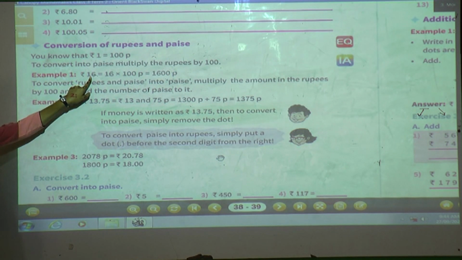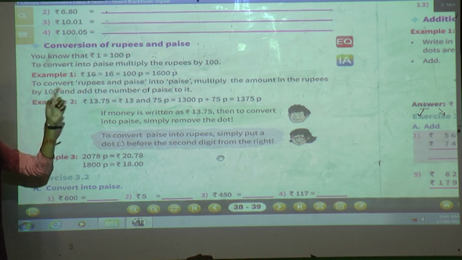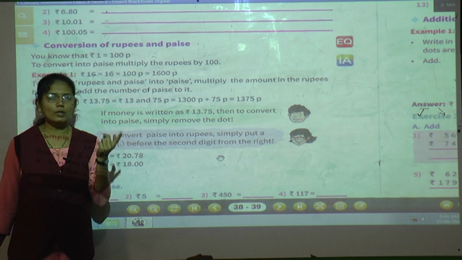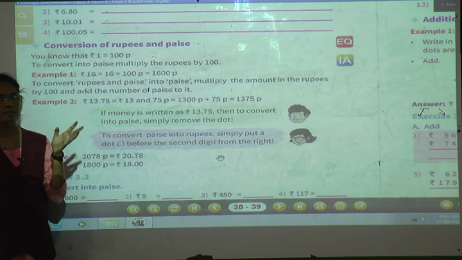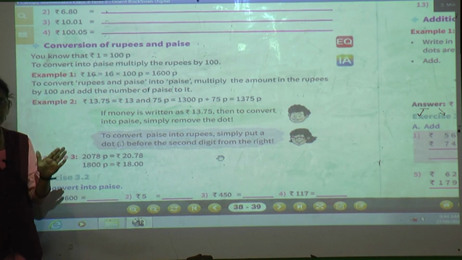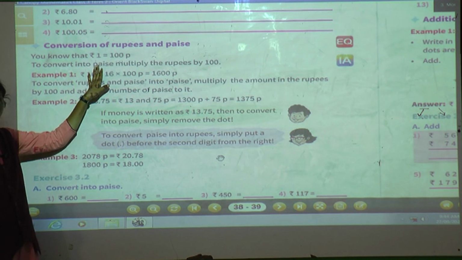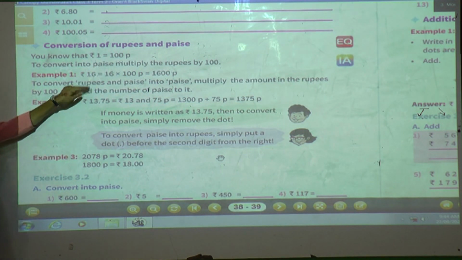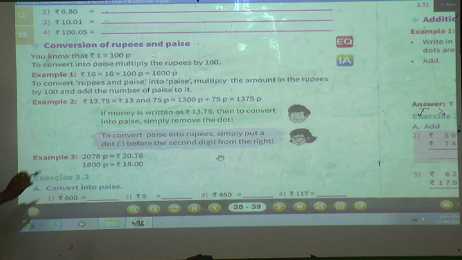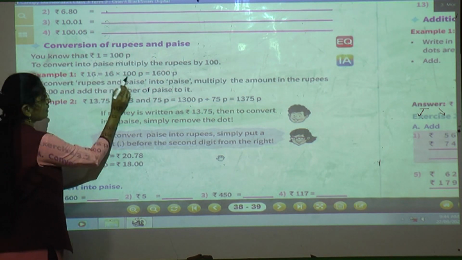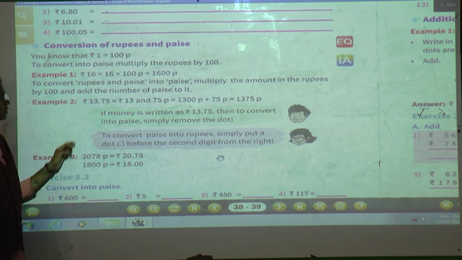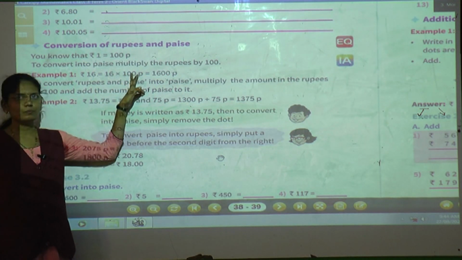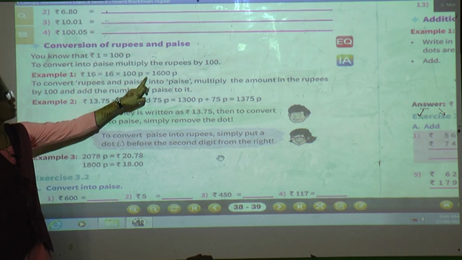Now this 16 rupees we have to convert into paise. So what are you going to do? We just have to multiply the rupees by 100. Here, how many rupees are there? 16 rupees. And that 16 rupees we have to convert into paise. So what will we do? 16 into 100 paise is equal to...